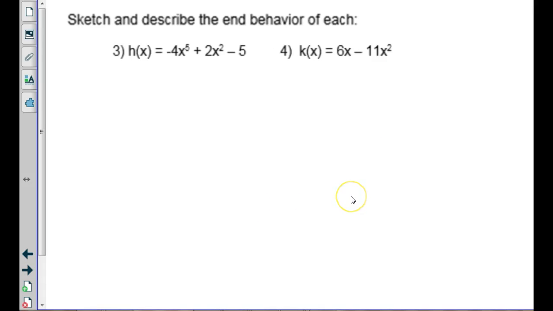Number 3, let's go with what this should look like. I don't care about the zeros. I don't even care about this. I just want to know the end behavior. What should it be doing? Because it's got